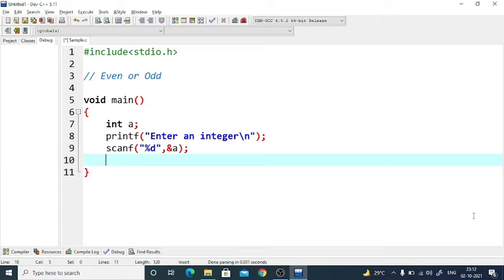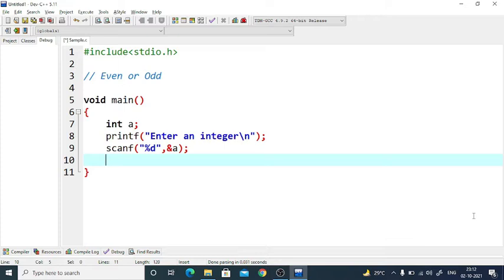The simple logic for checking even or odd is by finding the remainder after dividing the number by 2. If I divide the number by 2 and the remainder is 0, then that number is called an even number. And if the remainder happens to be 1, then that number is considered to be an odd number.